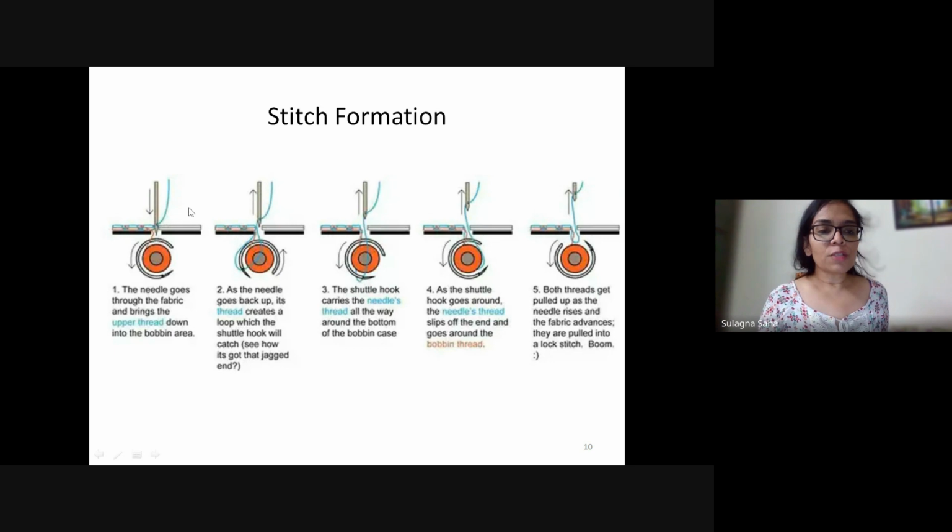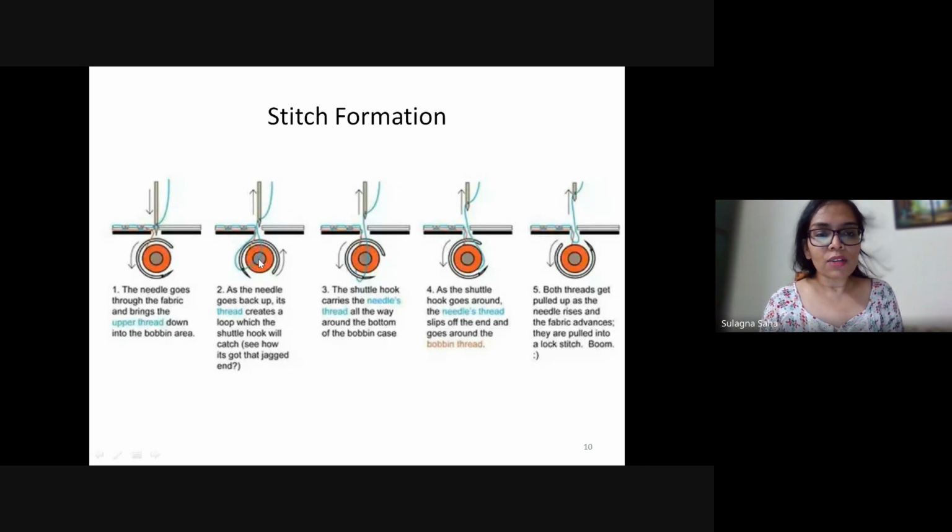In the first stage, the needle is penetrating the fabric and taking the thread into the bobbin area. Next, the needle is coming back. As it is coming back, you can see a loop is formed at the side of the needle.